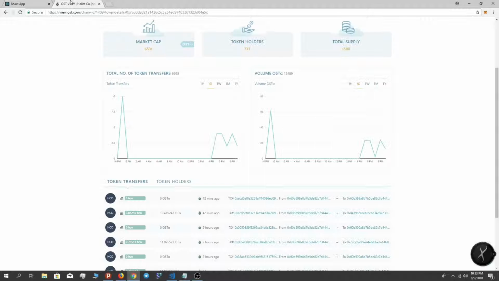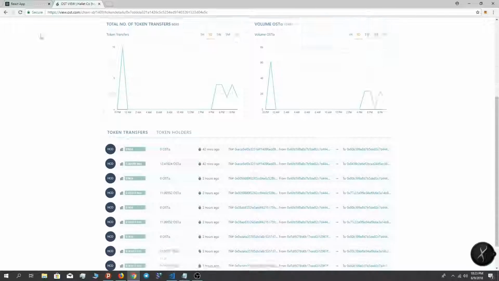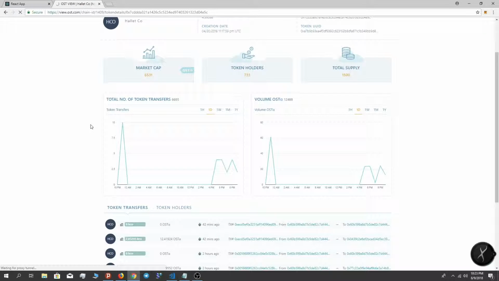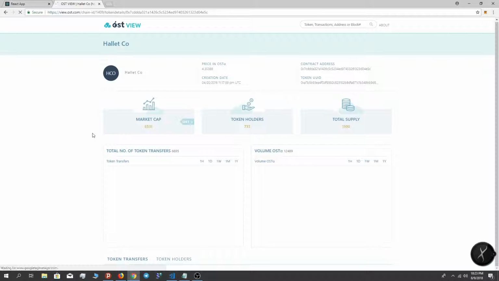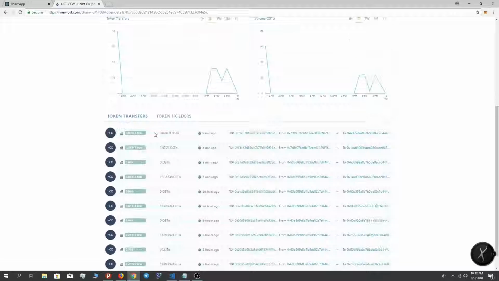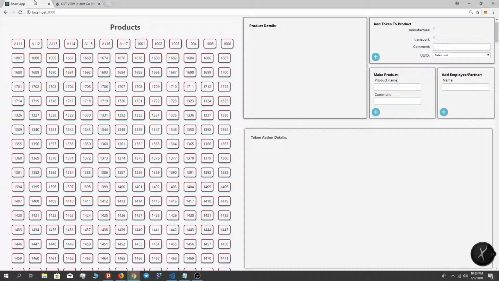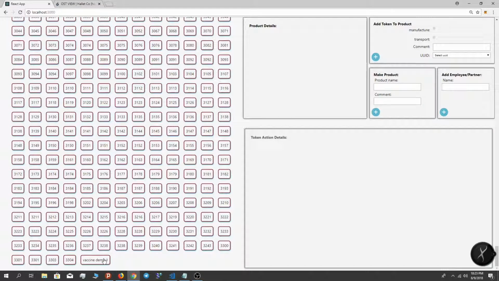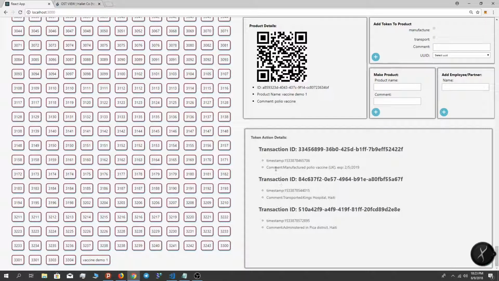Oh wait, let me first check OST view. Okay, let me refresh that. Okay, as you can see, the transactions show up on OST view. Now, let's go check our vaccine demo 1. Okay, as you can see, the transactions with the ID